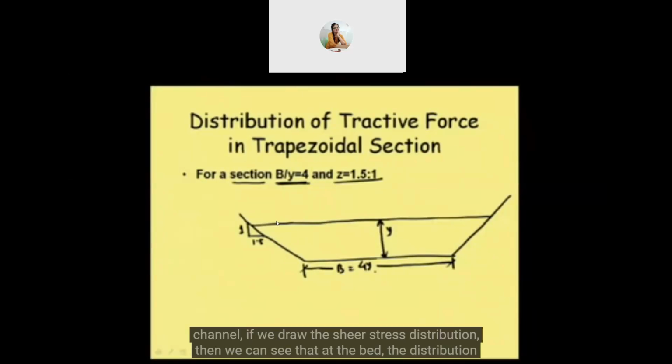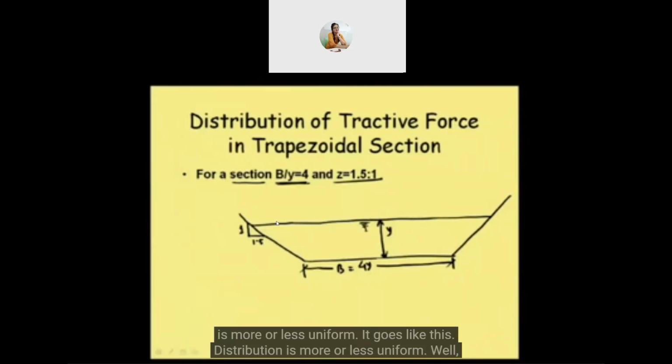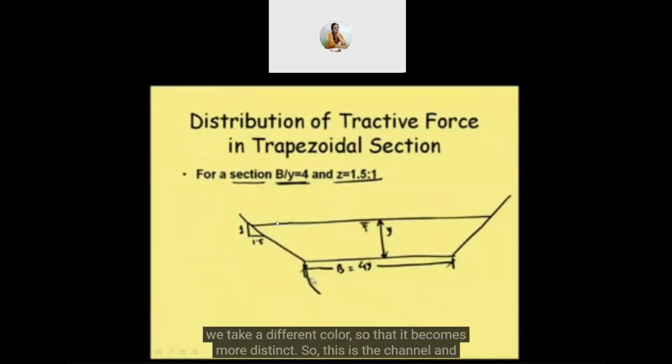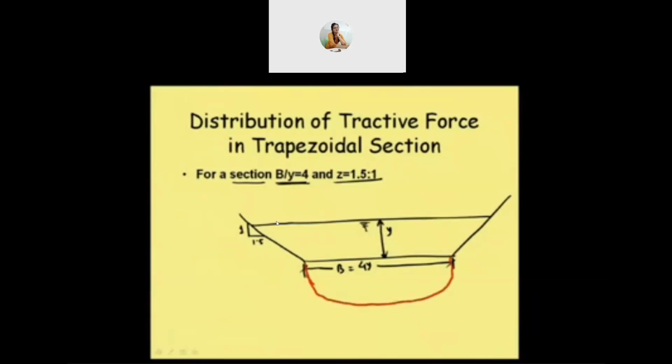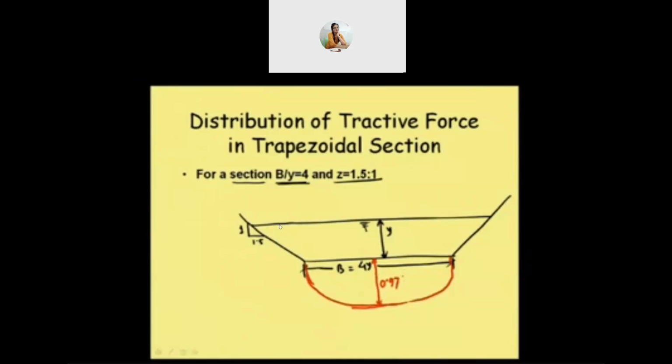So for that particular channel, if we draw the shear stress distribution, then we can see that at the bed the distribution is more or less uniform. It goes like this. Let me take a different color so that it becomes more distinct. So this is the channel and the distribution is more or less uniform. And the maximum value of this particular distribution is obtained as 0.970